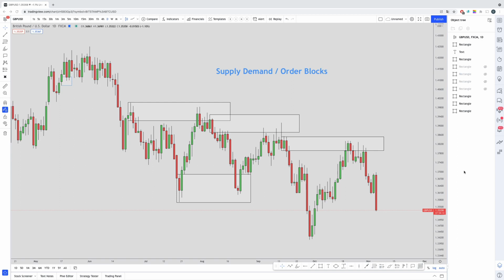Just a quick reminder, whenever we are looking for a supply zone, what we want to see is an up move candle, and in most cases that one up move candle is collecting liquidity, and afterwards the market is dropping to the downside. So the reason for that one up move candle was actually to generate that liquidity, to take out the liquidity in order for the big institutions to be able to bring the price to the downside. And this is why our idea is that the price will return to this area again in order to close